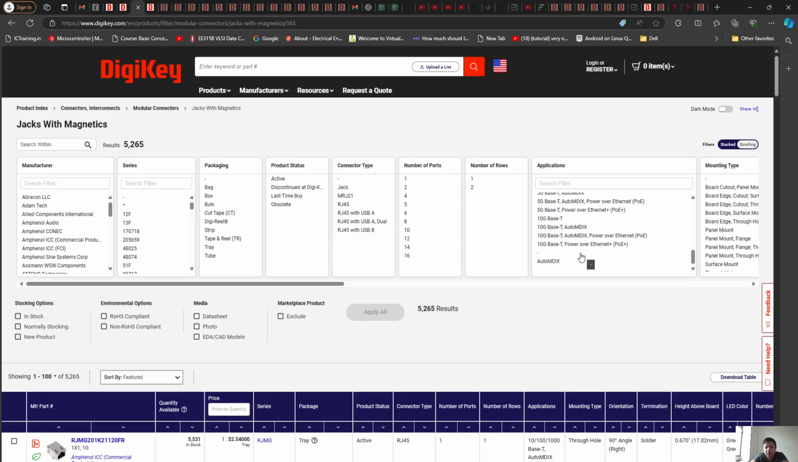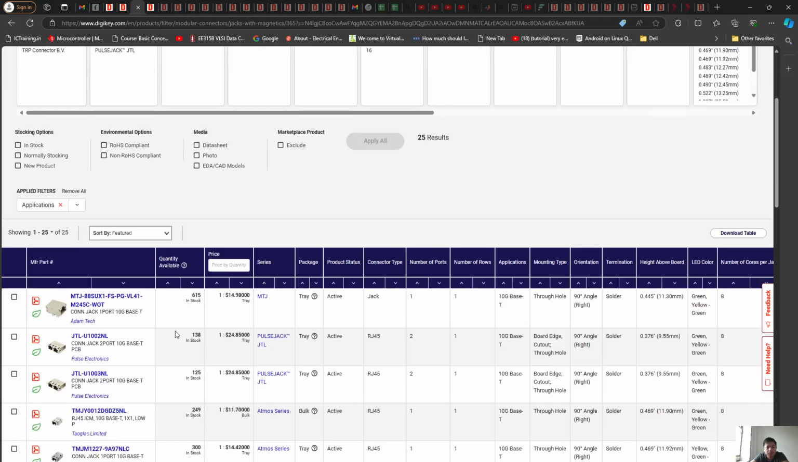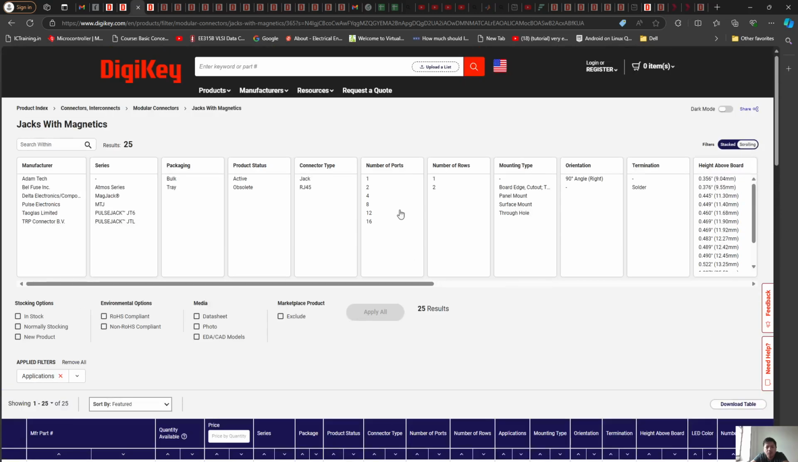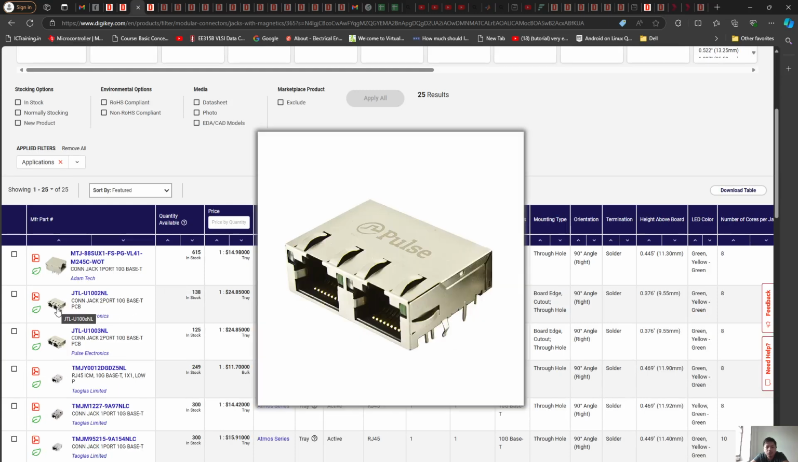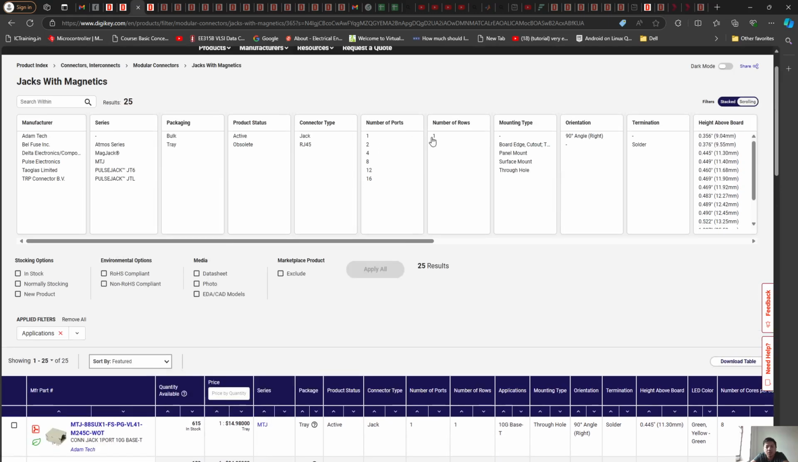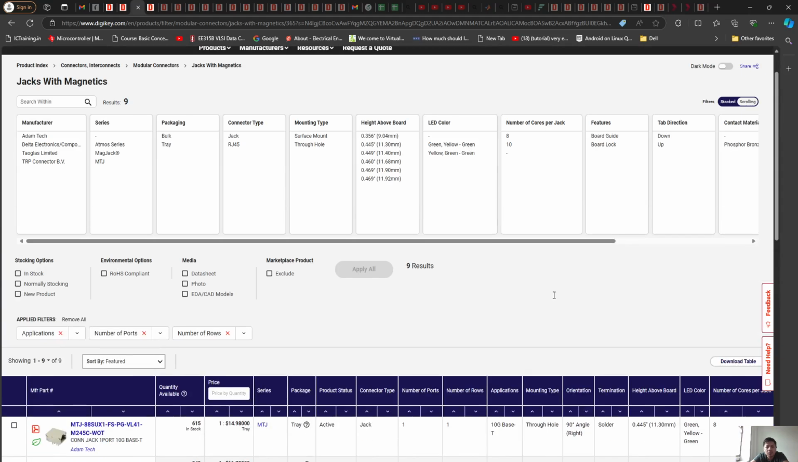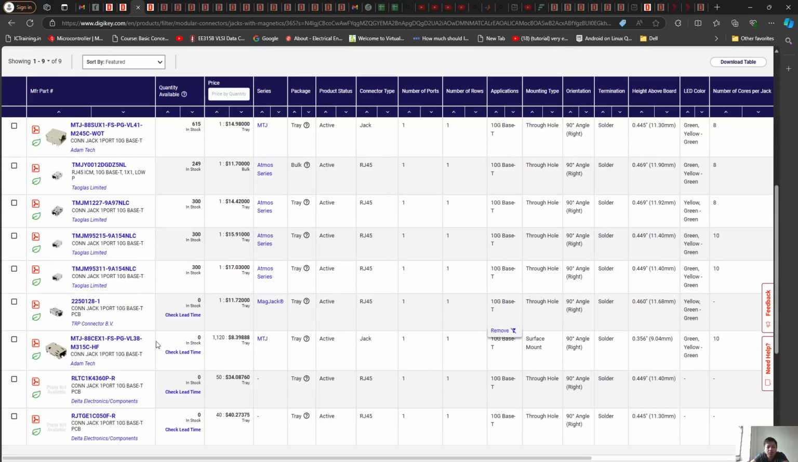Okay, so if I say 10 gig BaseT, apply. So these are 10 gig BaseT, and I just want number of rows and number of ports one. For example, here number of ports is 1 by 2, so we have two Ethernet, right? So I just want 1 and 1, apply, and oh, we have SMD. It's interesting. So we can choose